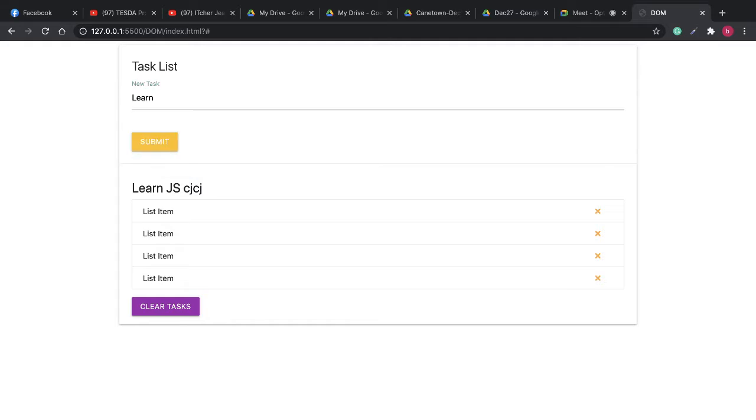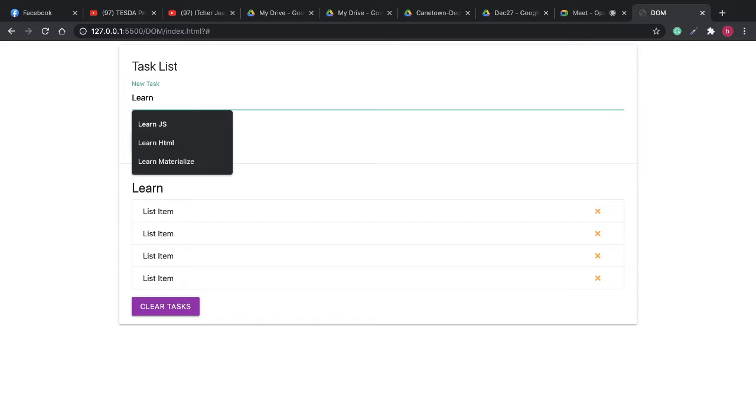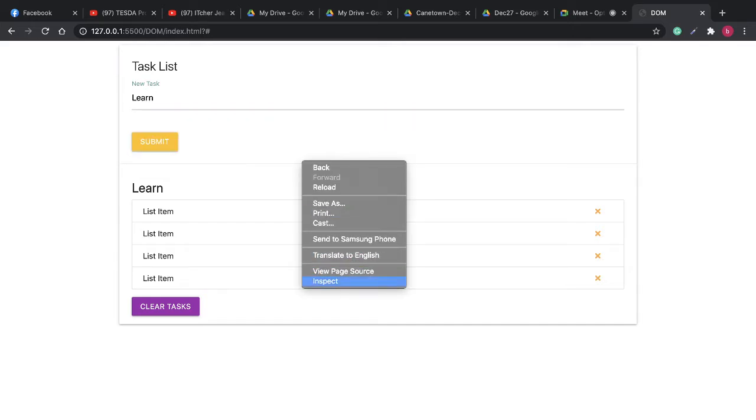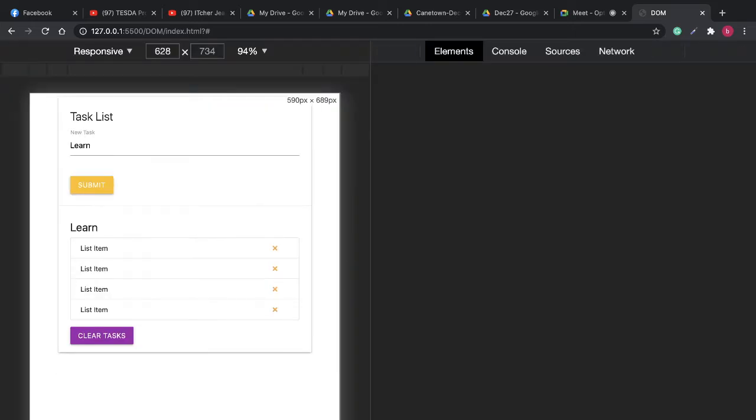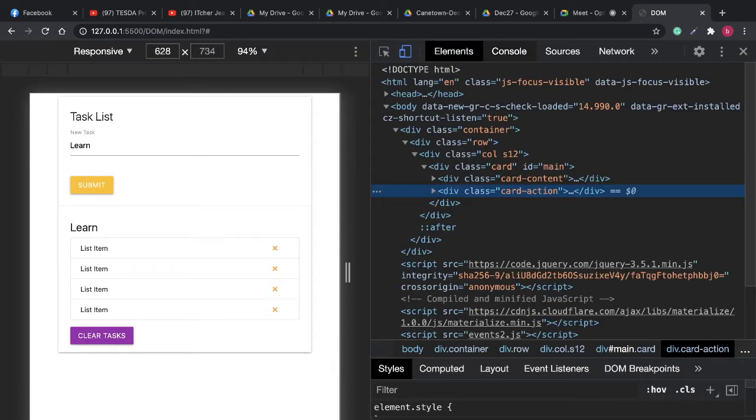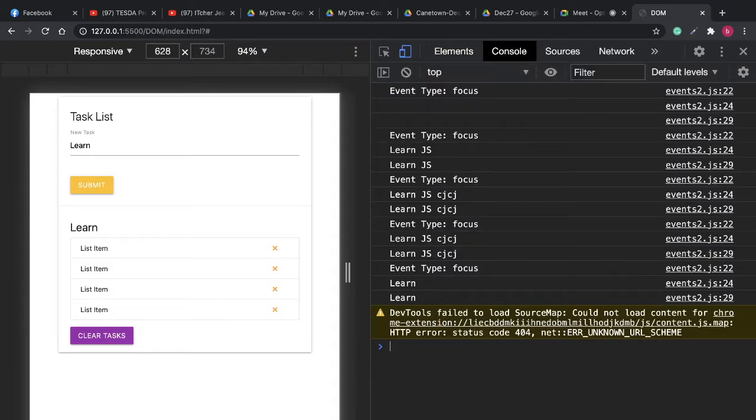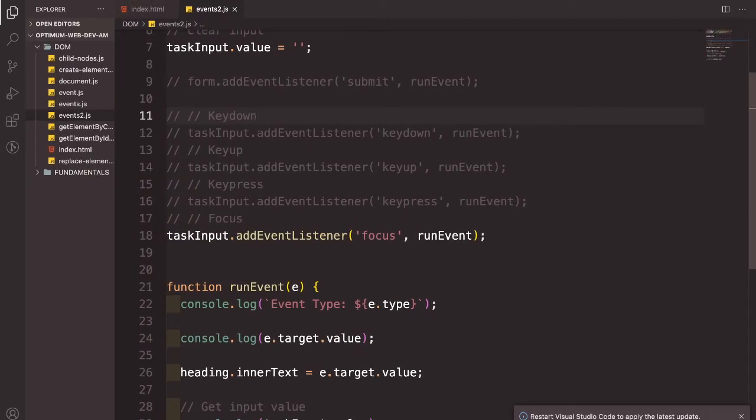Ayan. So, ngayon yung cursor ko nasa labas ng input field. Kapag pinasok ko siya, click ko, nag-run yung focus nun. Okay? Yun yung focus. So, from the word focus, pinofocus mo siya dun sa cursor. Ayan. Tapos, kinukuha niyo yung value. So, anong type daw? Focus. Yun yung focus. So, kung may focus, merong tinatawag na